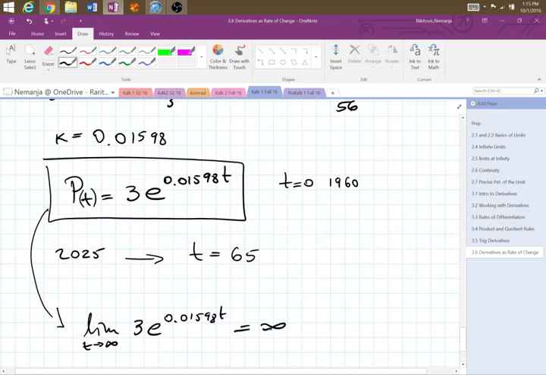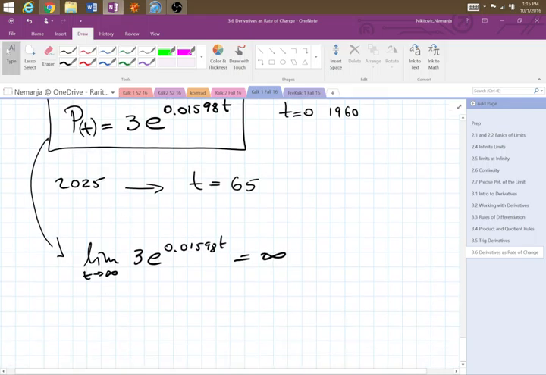We would actually get infinity there, which is bad, right? So that shows that this model cannot accurately predict for a long time what's going to happen with population. This model is good on short relations, right? So 10, 15 years, okay, we can use it, but not for